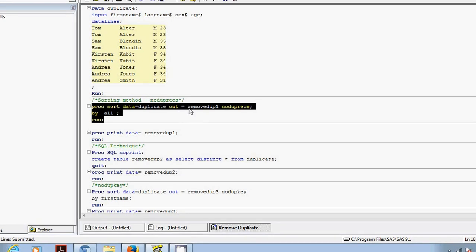The dataset name would be remove duplicate 1, and I'm using this option noduprecs. It means it's going to check whether all the variables have the same value, not just 1 or 2 variables. So if it's Tom Alter M 23 and again Tom Alter M 23, all the 4 variables are the same, only then is it going to remove.